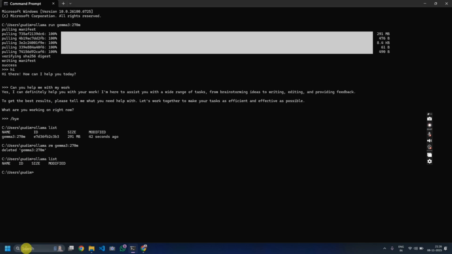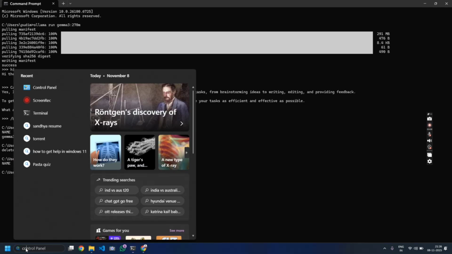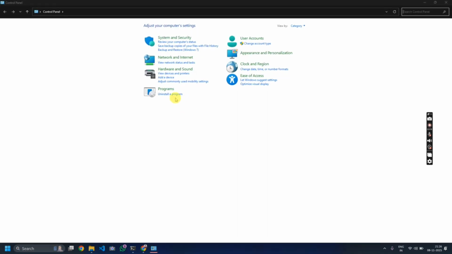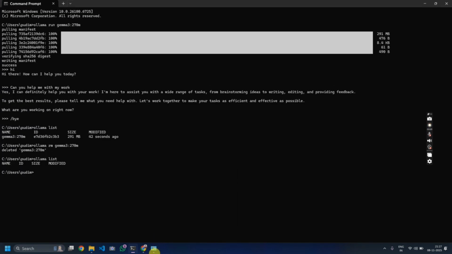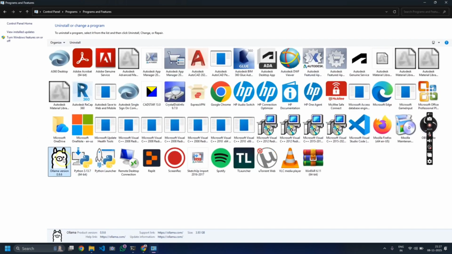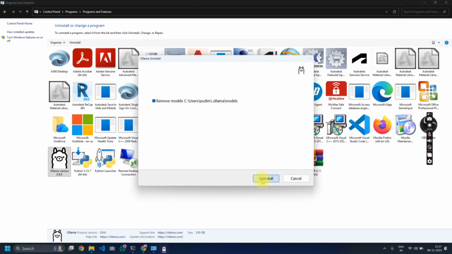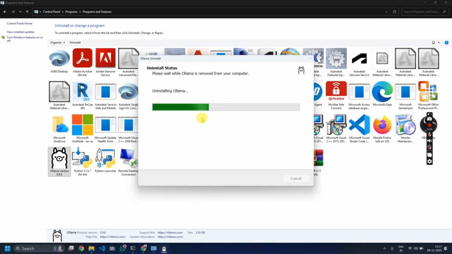Okay, go to your search and type control panel. Open control panel and select uninstall a program. This process will remove the program from your computer permanently if you don't want to use your system resources to run local models. So we are uninstalling Ollama. We can see it is uninstalling,